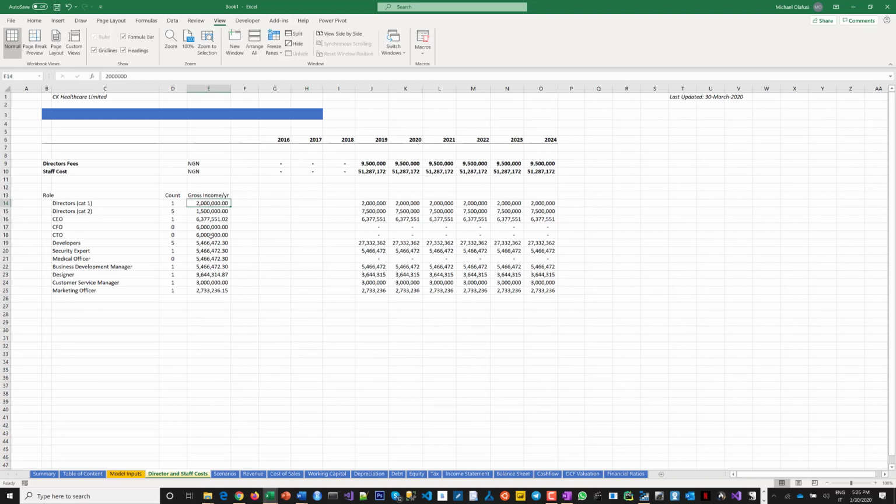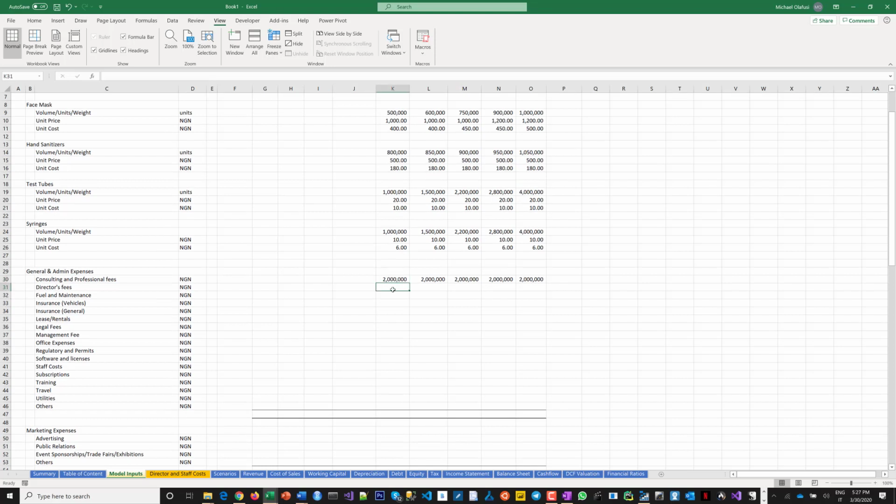Maybe, like I said, for 6 directors, one will be chairman and is going to be paid 2 million naira a year. The others are going to be paid 1.5. For now, let's leave it at that figure. We can always tweak them if, when we are done with the model, we see that things are not what they should be in real life. Okay,